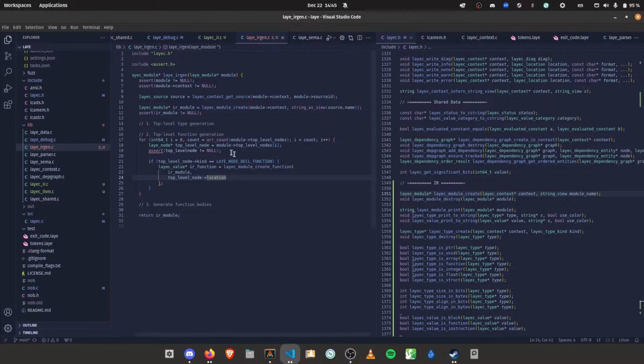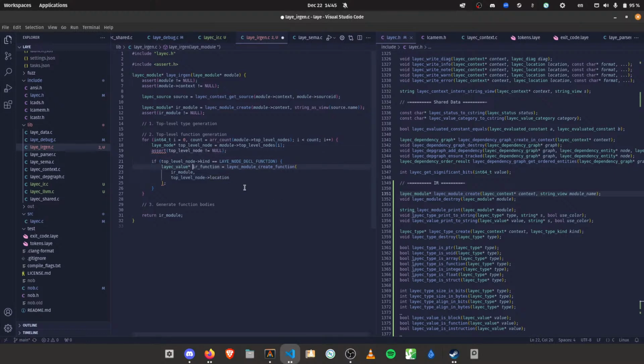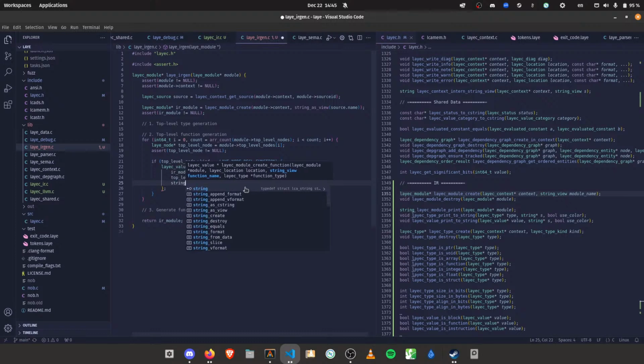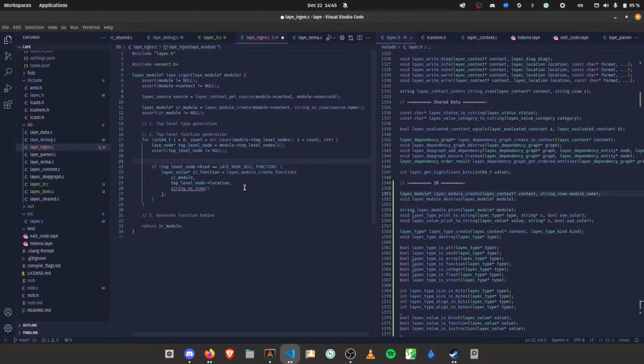So after location, we need the function name. So we'll say string as view top level node. We need to know what the name is. So string function name